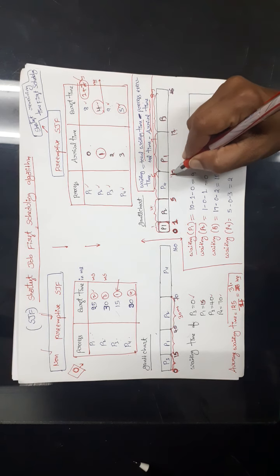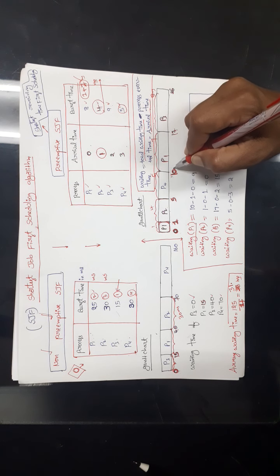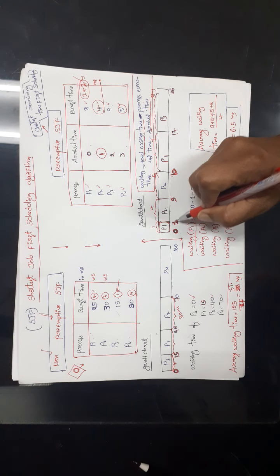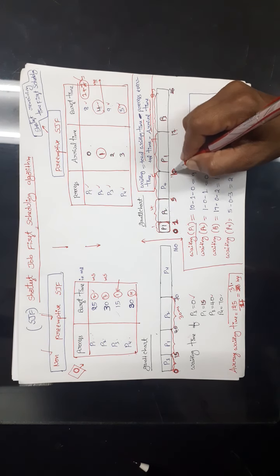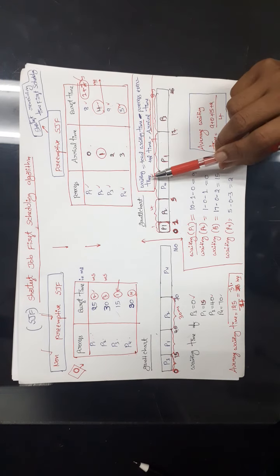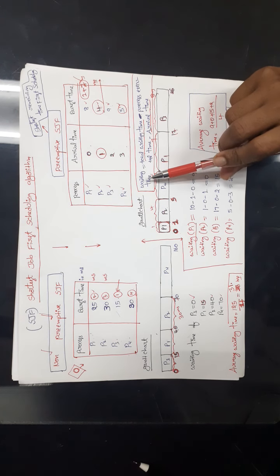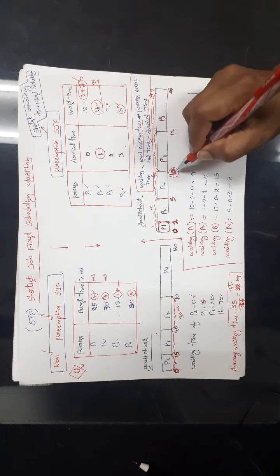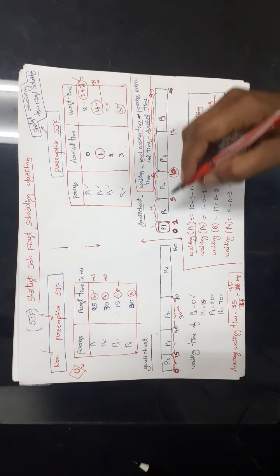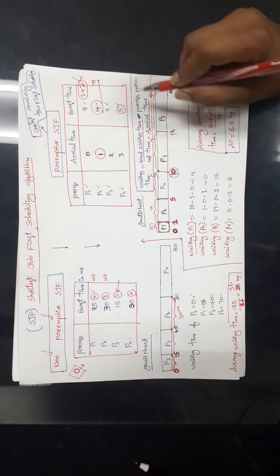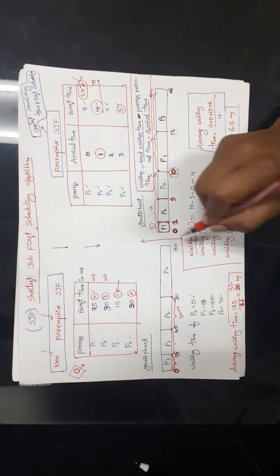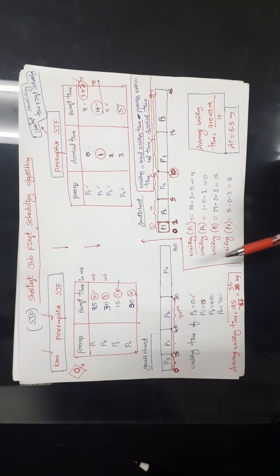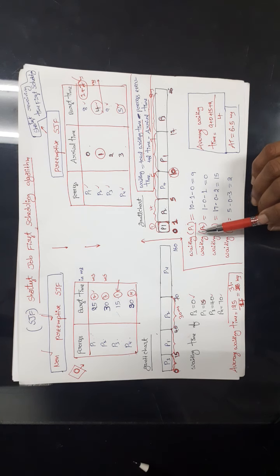So what is the total time? 10. From this, we need to subtract the process executed time. Process executed for 1 millisecond, so we have to subtract it. So this is the formula to calculate the waiting time. Total waiting time, that means 10, minus process executed time, that means 1 millisecond, minus arrival time. What is the arrival time? 0. That is the formula. By using that formula, we will calculate the waiting time for each and every process.